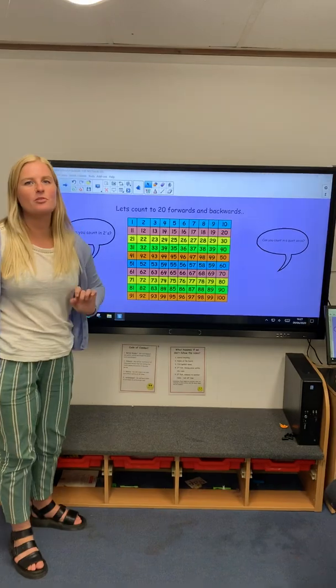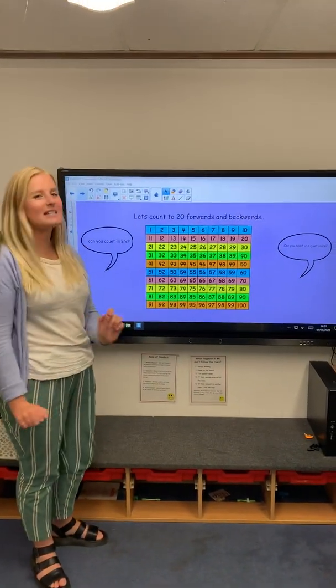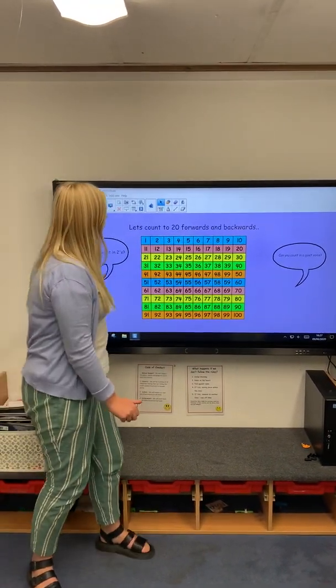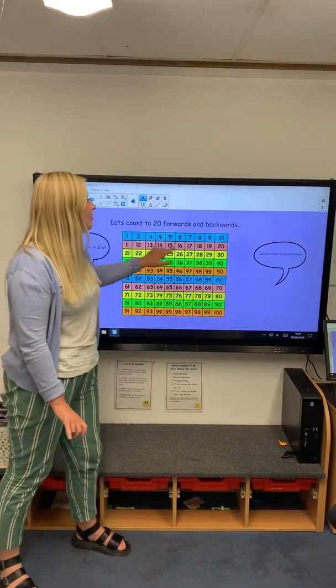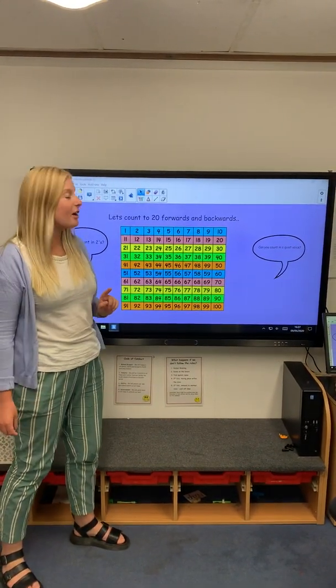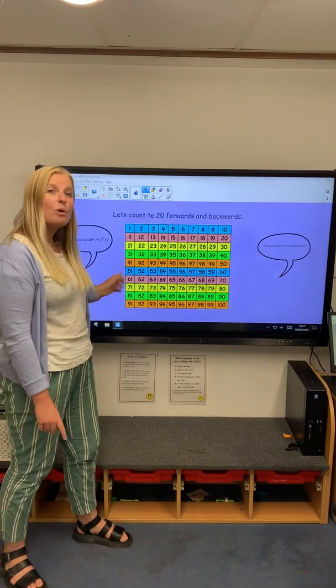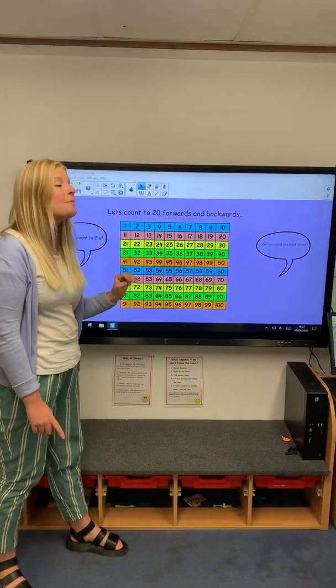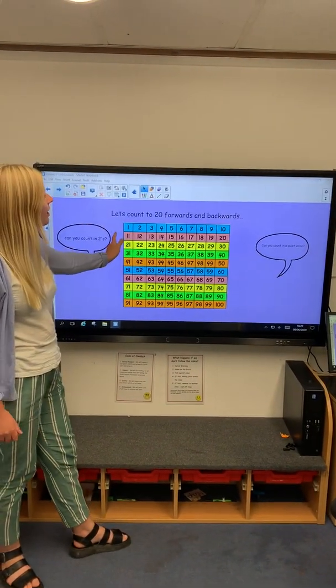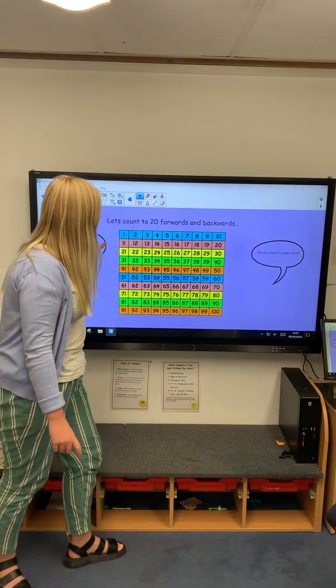Okay, now we've been through that, we're going to practice our counting. We're going to start by counting in ones to 20, forwards and backwards, and then we're going to have a go at doing something really tricky, and we're going to count in twos, okay? First of all, we're going to start at 1, work all the way forwards in ones, all the way